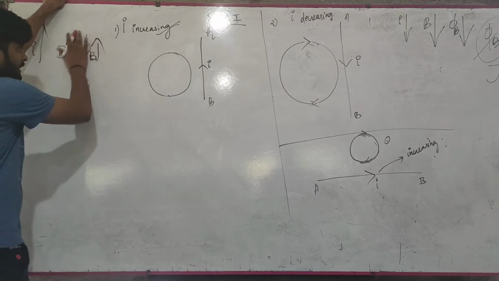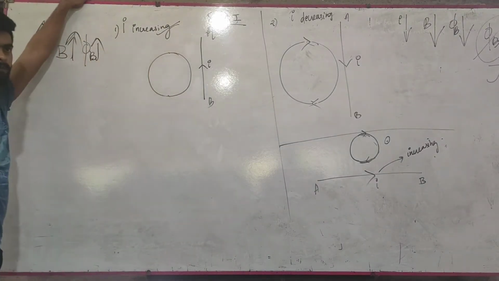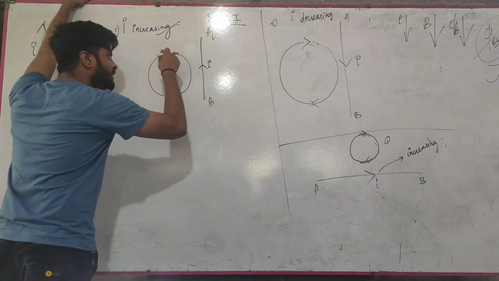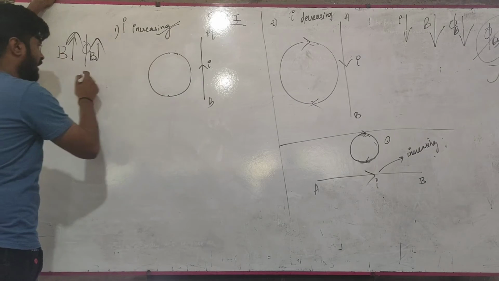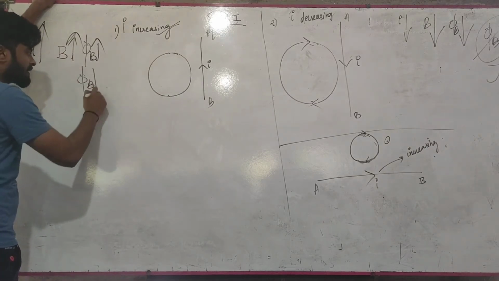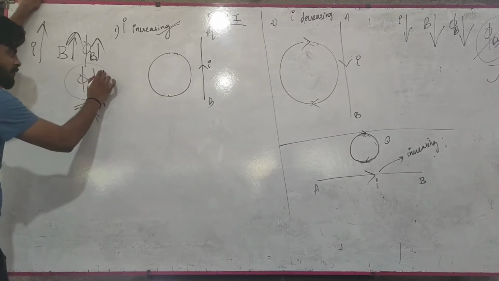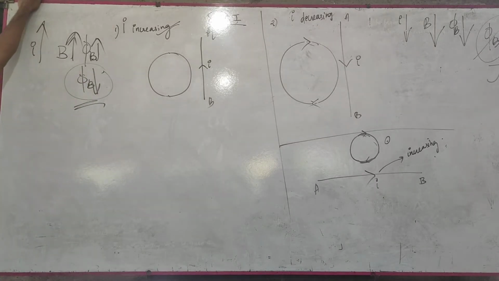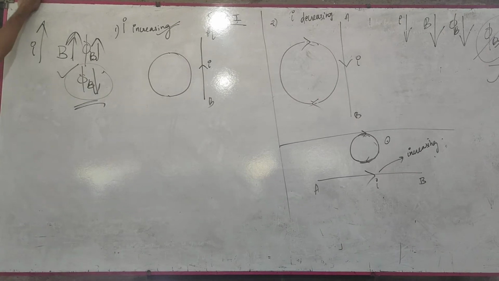And this increasing magnetic flux will induce an EMF in this coil, or an induced current will be produced in this coil. And that induced EMF or induced current will try to decrease the magnetic flux, since it has to oppose the cause that has produced it. That induced EMF wants to decrease the magnetic flux. So the direction will be to support phi B decreasing.